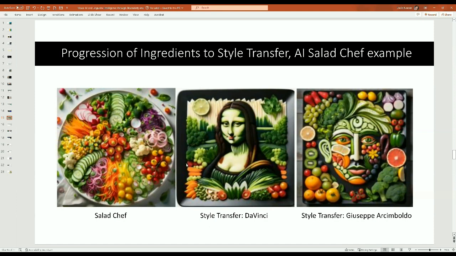And then we're going to take this and convert it to a famous Italian artist, Archibaldo, who actually painted in the form almost of still life with vegetables. So this would be part of its training set. This would definitely be outside of its training set, but it does seem to capture both composability and steerability.